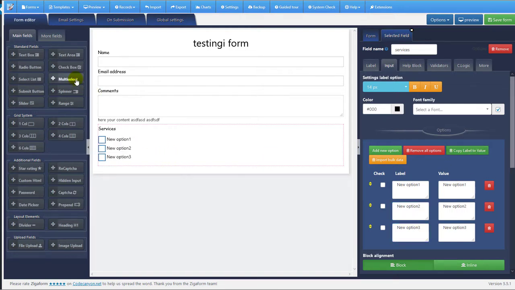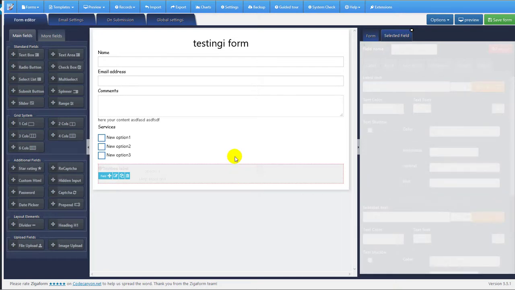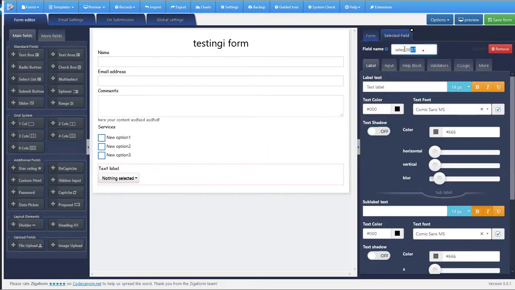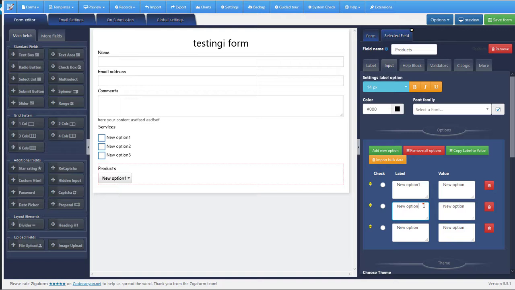There it is. Also we can add a select list. Products, and we can add more options. Option 3, there it is. And we can add